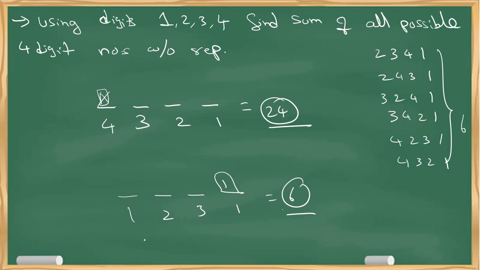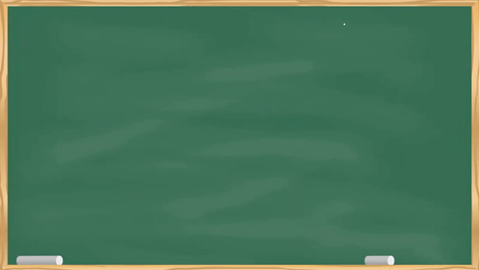So instead of unit position, if I want to know how many times 1 comes at the 10th position, again it is 3, 2, 1, 6 times. So instead of 1, if I want to know number 2, again it is the same. So finally, can I conclude at each and every position, each and every number comes 6 times? Yes or no? Yes. With that, what I do is I am doing a 4-digit addition.